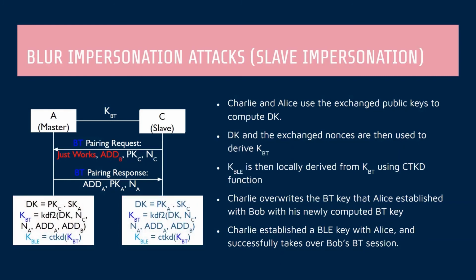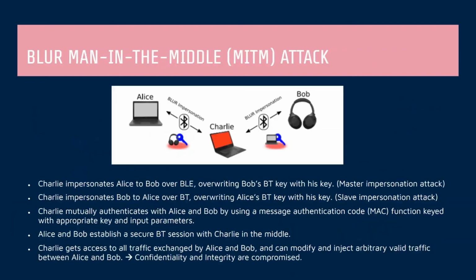The BLE key is then locally computed from the BT key using the CTKD function. Charlie overrides the BT key that Alice established with Bob with his newly computed BT key. A BLE key is established with Alice, and Charlie successfully takes over Bob's BT session. At the end of these two attacks, Charlie has overwritten Alice and Bob's BT keys. He can mutually authenticate with Alice and Bob using a message authentication code function with the appropriate key and inputs